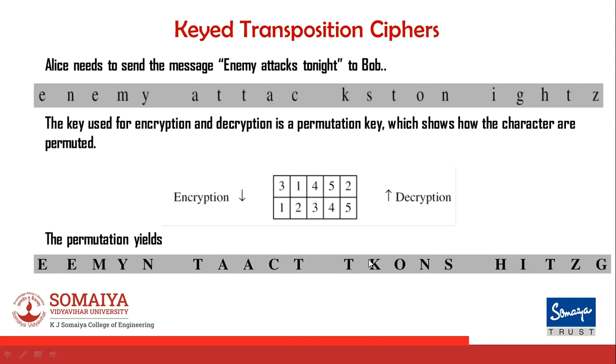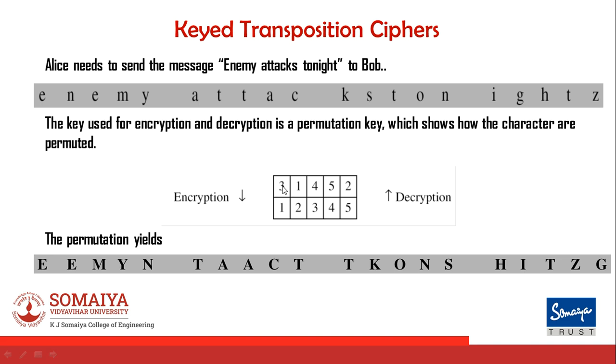Now, how exactly can we perform the key transposition? Previously we considered the columnar transposition, that is the keyless transposition. Now let's take the key transposition. How can I apply the key? Suppose the key to my transposition is 31452. Now, 5 different symbols are there, so I take blocks of 5 symbols in my plain text and apply this key.